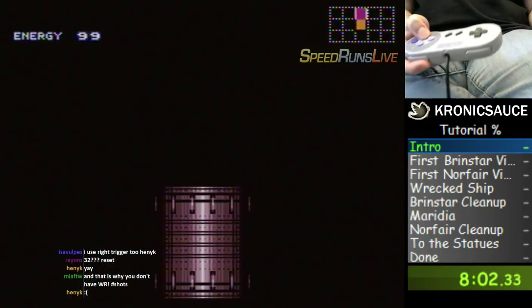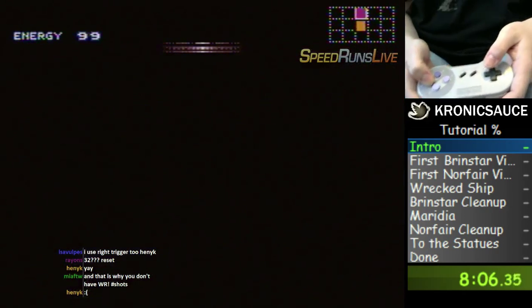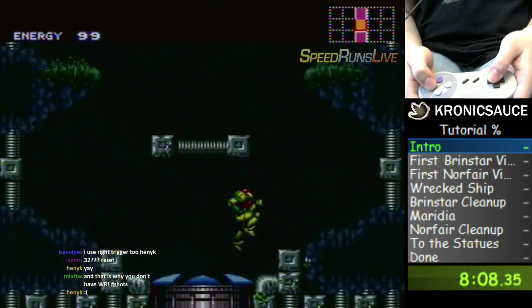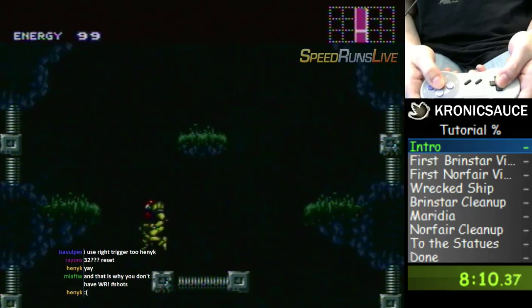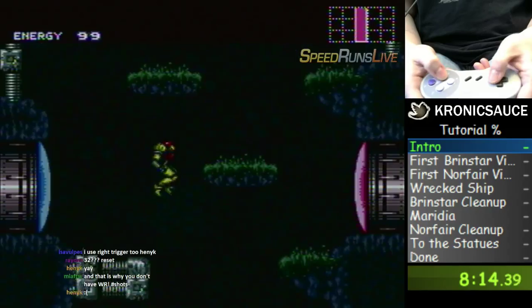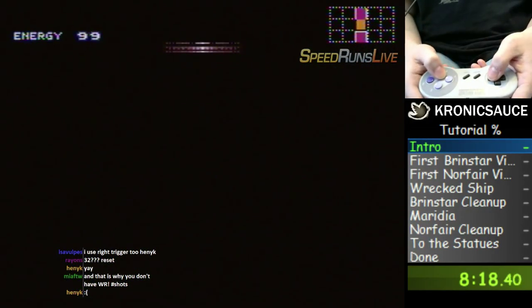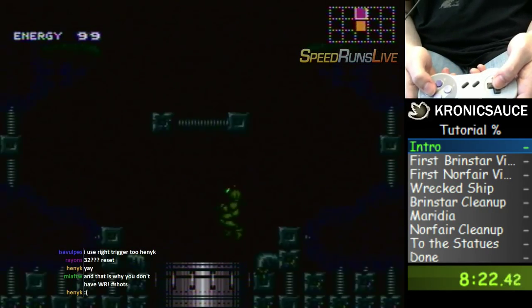Like that. That's how you want to do it. And I'll show you that again. This is the advanced strat for this room. The beginner strat, like I said, would be to go like this, and just do that and then fall to the right. So the advanced strat, which I'll show you one more time,